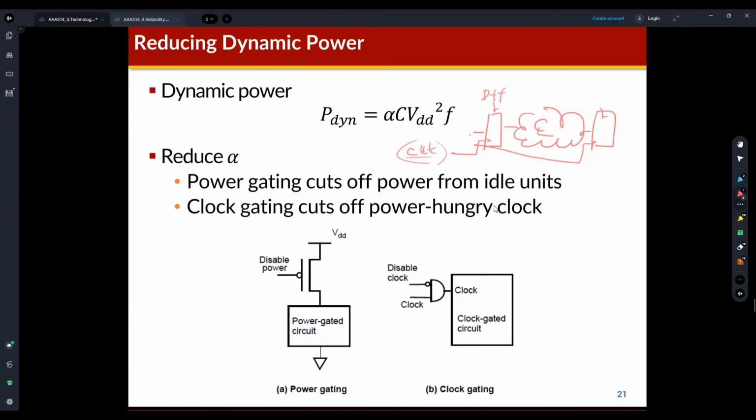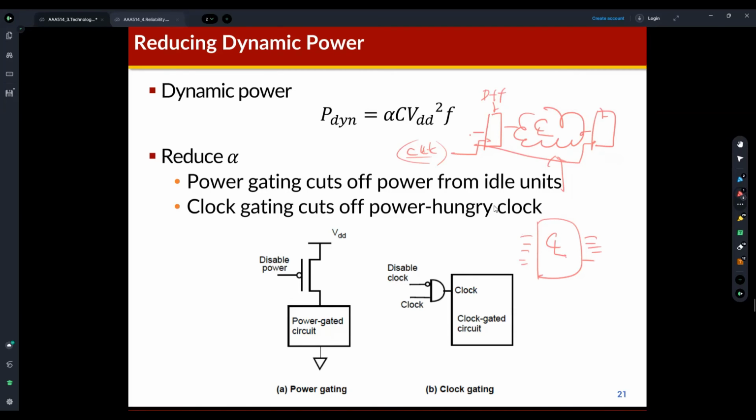The operation of the combinational logic is influenced by input data. Right? There are many inputs here,